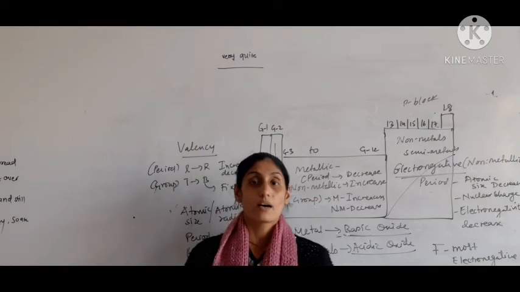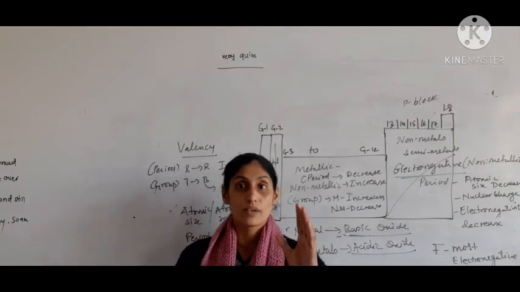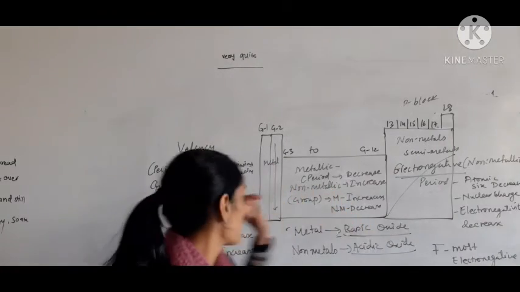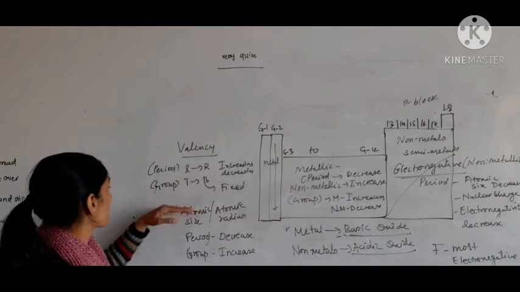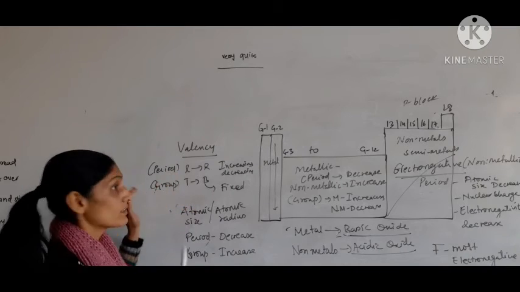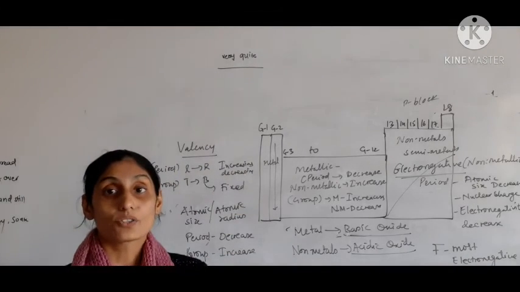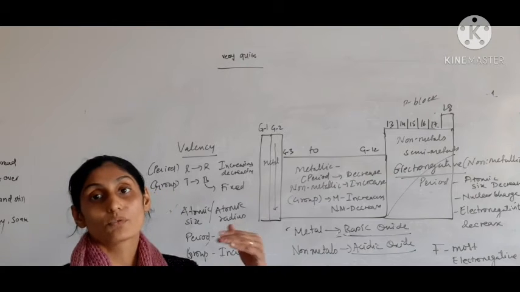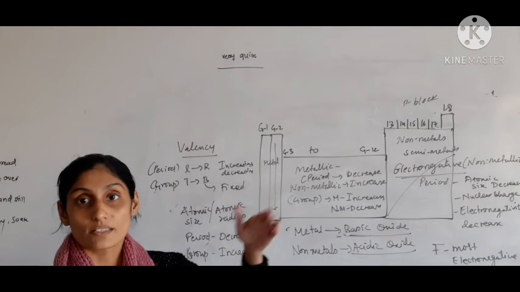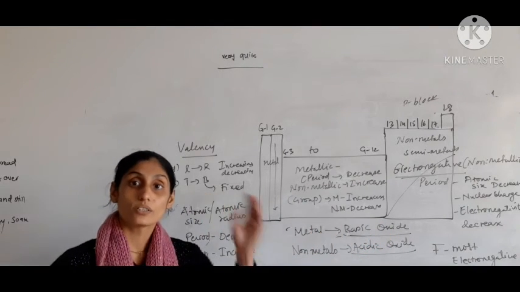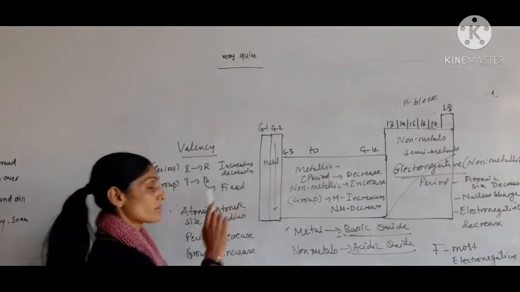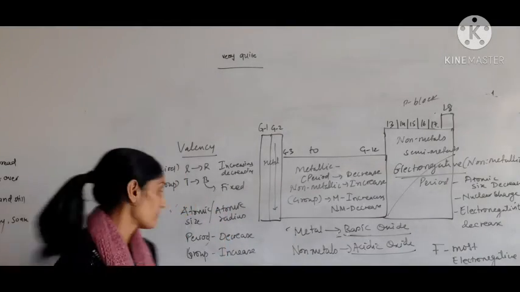You can say about the valency it is decrease when we are moving left to right in the period, and when we are talking about period 1 to 4 it is increase, and again when we are moving left to right 4 to 1 it is decreasing. That means it is not fixed. In the group it is remain fixed as the number of valence electrons are fixed.